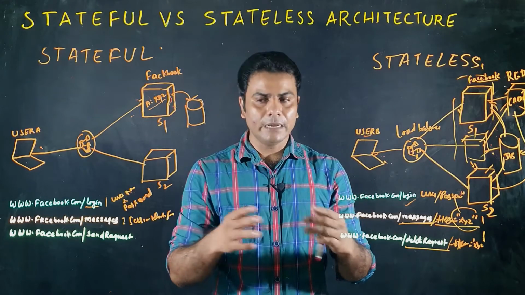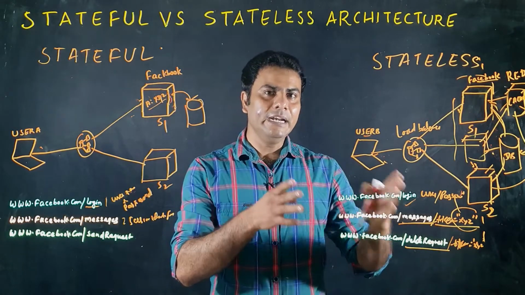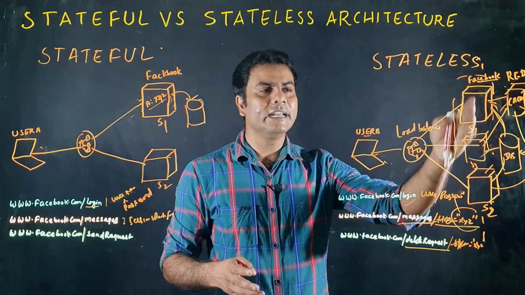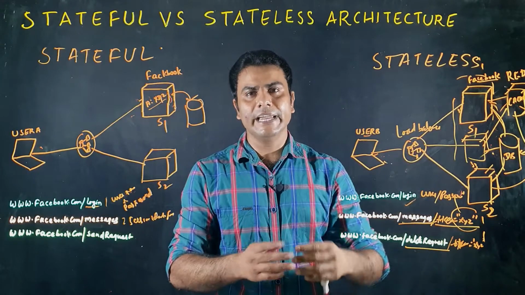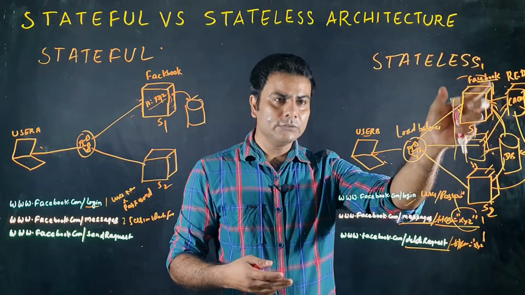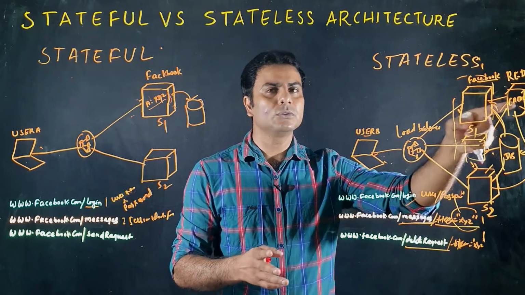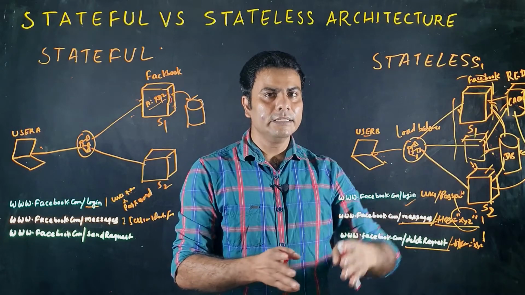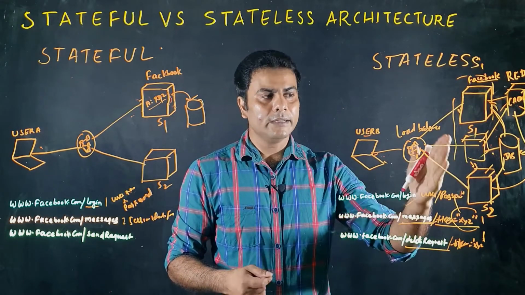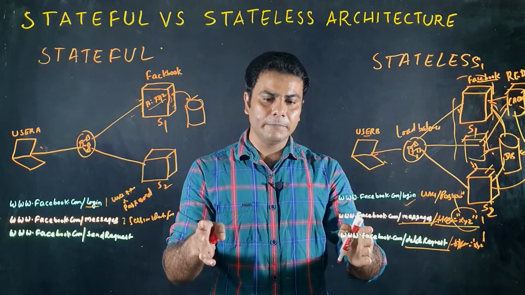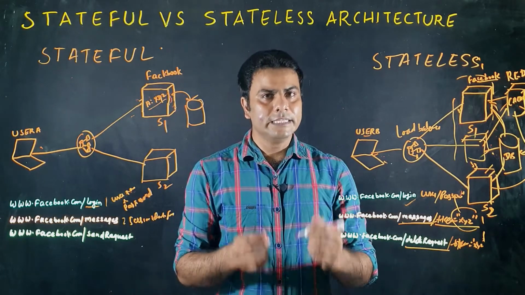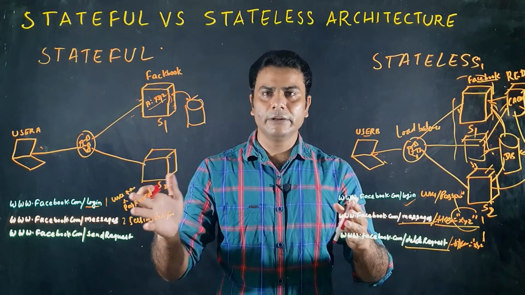This concept will be applicable on multiple layers. It could be the front-end layer where we have multiple web servers. So we should avoid storing session data on any, not only session data, any kind of state. It could be files, it could be logs. Those things we should avoid storing on this server. We should store that information in some external data store. It could be a DB or it could be a cache. Also, this is not only helpful in the front-end layer application design, this also helps in the web service layer as well. So I'll cover this complete front-end architecture once we complete all the basic concepts.